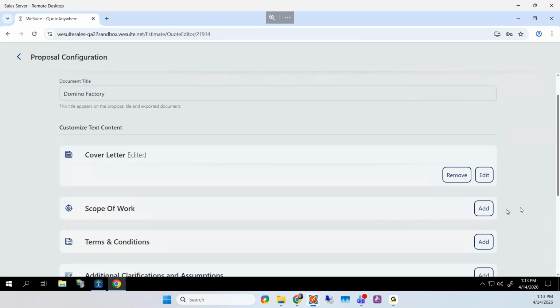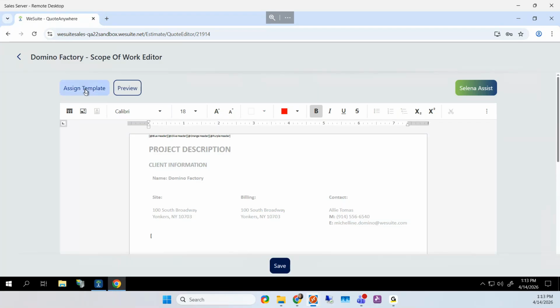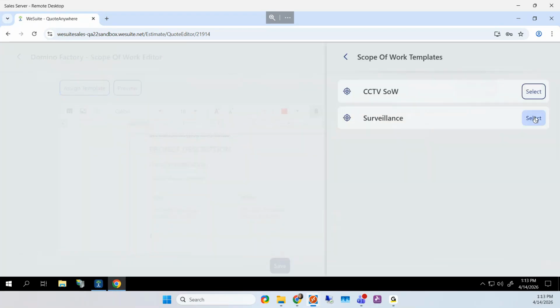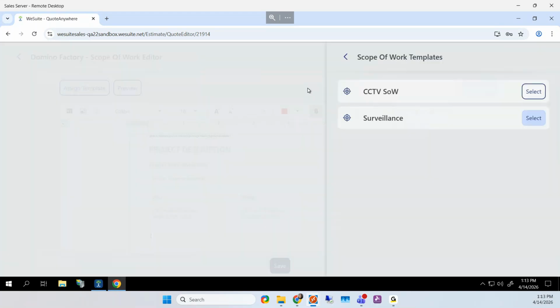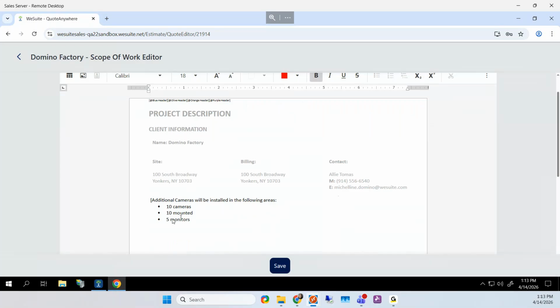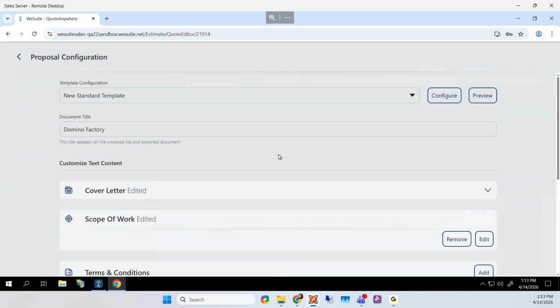Then I'm also going to add my scope of work, and I use surveillance. Again, just a little warning to say, if you type something up, it's going to get replaced. And there's the 3 bulleted items that I updated. And I hit save. So now I'll click preview